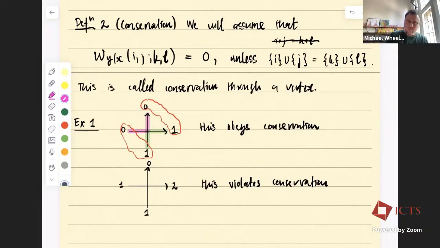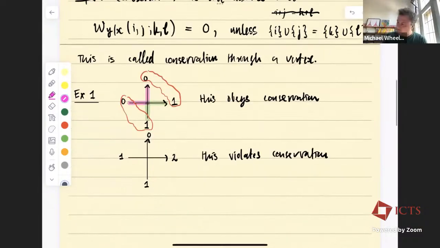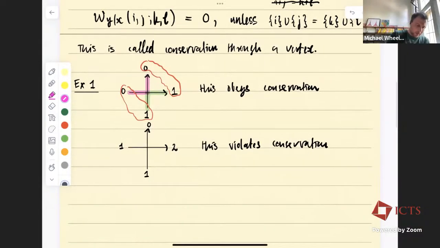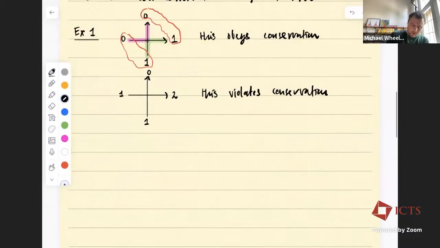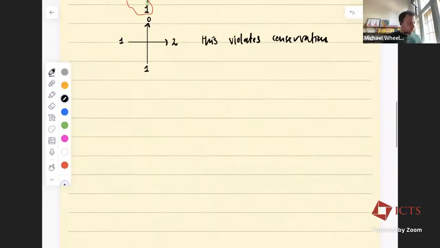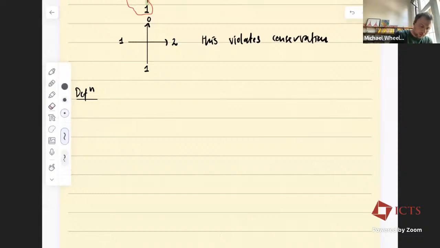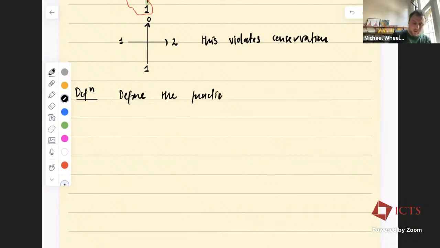All right. So hopefully this is all pretty clear at this stage. Now let's move on to something a little more technical. So this will be the third definition. Okay, so for vertices, actually before I do that, I want to define something else. So let's set up some notation. So define, I'm just going to define a function